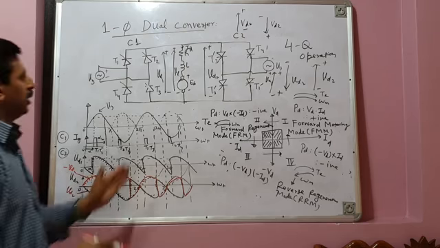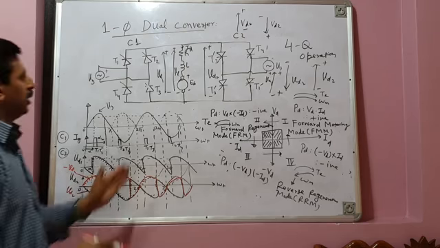Now the average output voltage of VD1 and VD2 is the same, equal. This is the average output voltage of converter 1, VD1. The average output voltage of converter 2, VD2, from that firing angle alpha 2 is pi minus alpha 1. So that gives constant average output voltage. So VD1 is equal to VD2, that is equal to the load voltage. But instantaneous values are not the same. Instantaneous values differ.